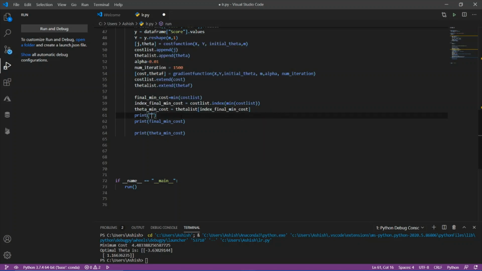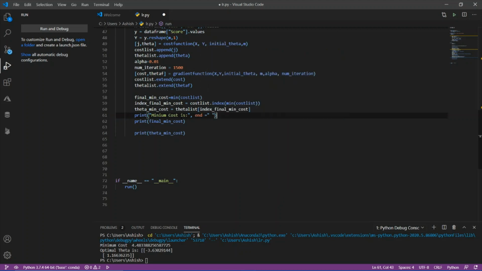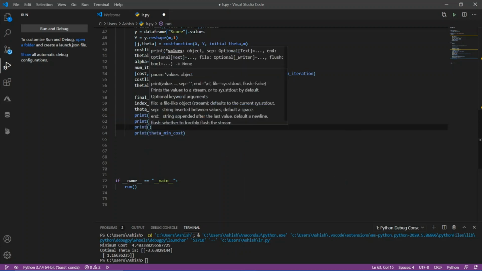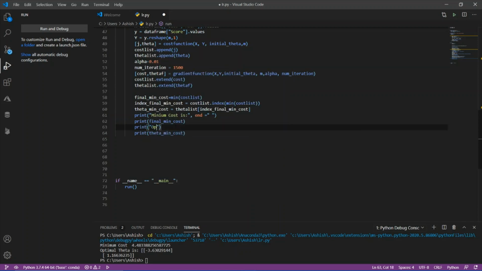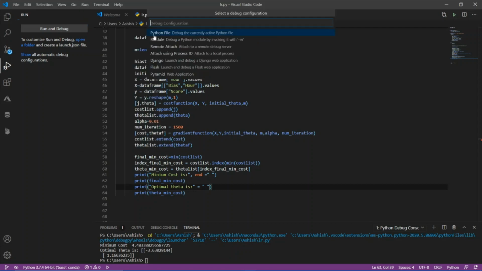Print the min cost, and then let's print our theta min cost for that. Let's save this and run.